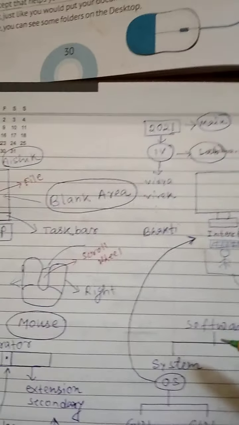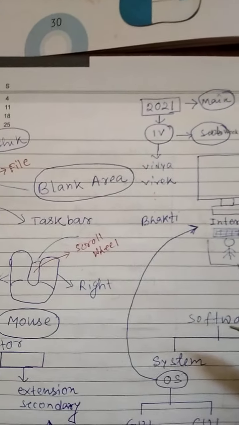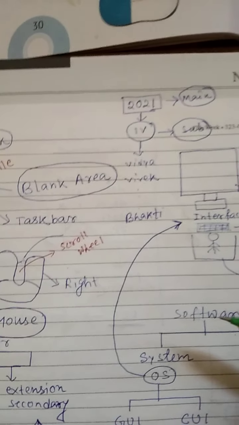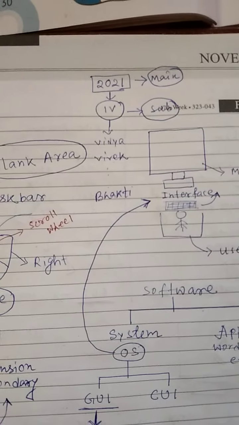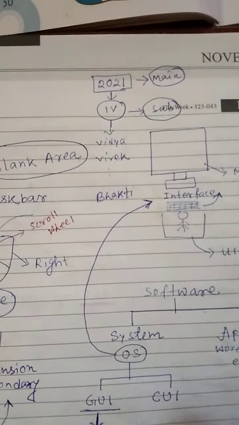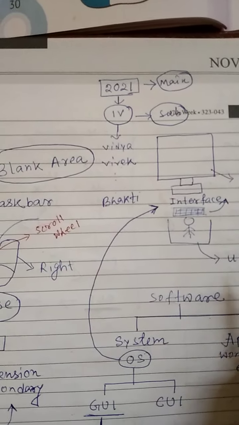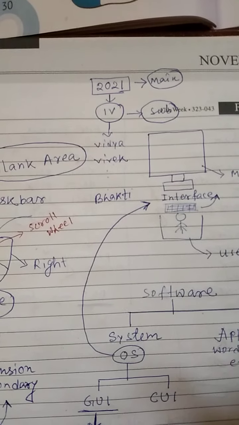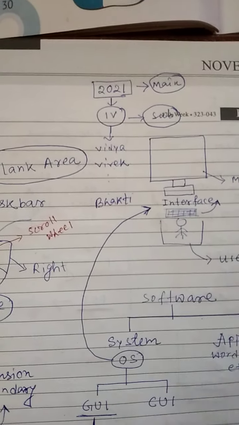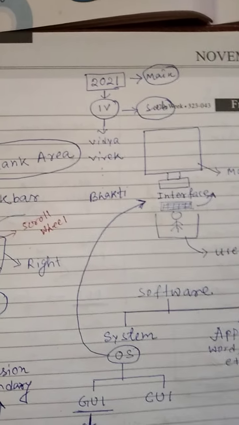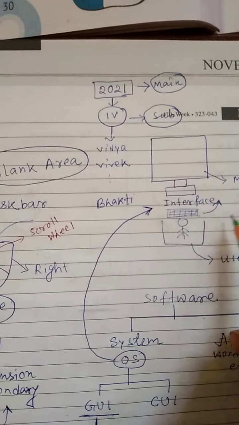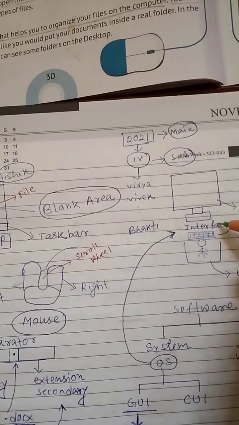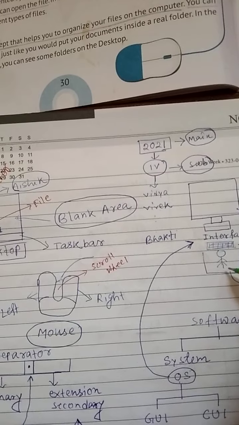I give you another example. When someone came from abroad, he didn't know my mother tongue and I don't know his mother tongue. A translator can act as an interface between the person from abroad and me, and communicate between us. So the translator provides the interface. Here the operating system provides the interface between the monitor and the user.